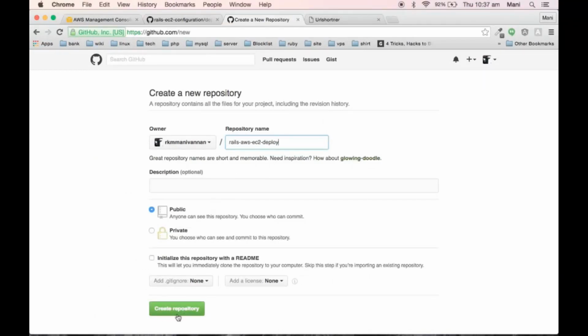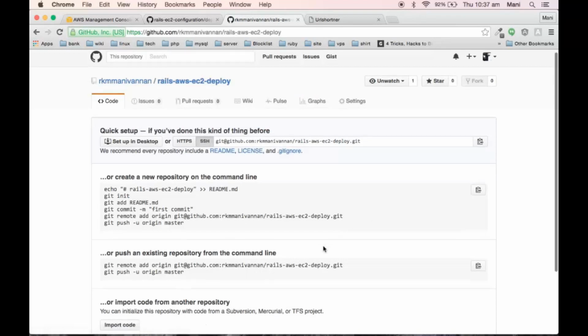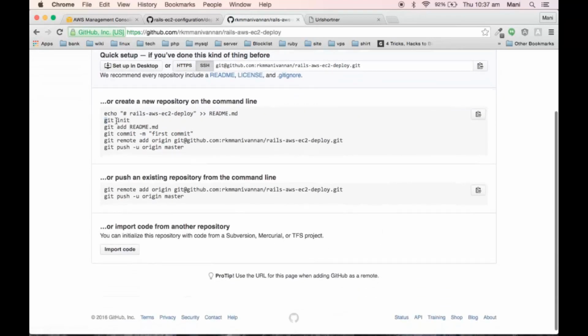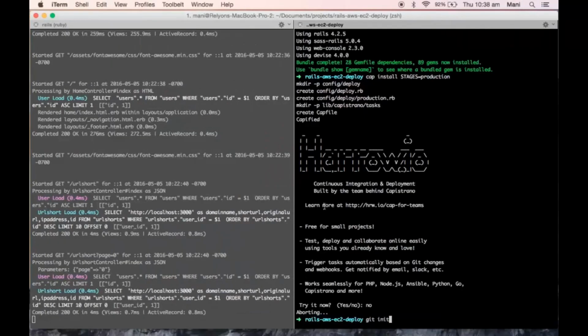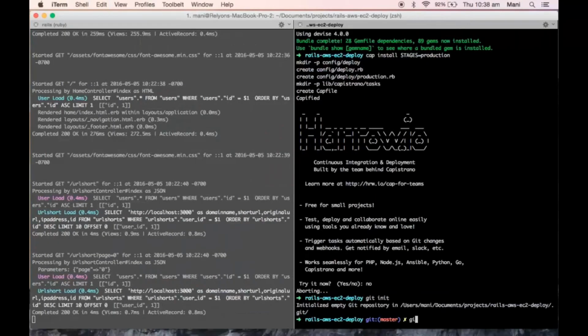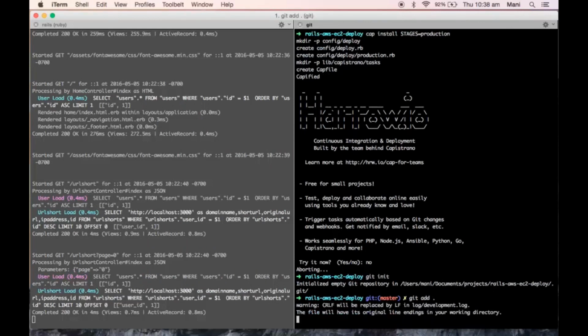So this is my repository. Now we'll run git init, then git add to add all the files, then git commit -m "initialized commit".